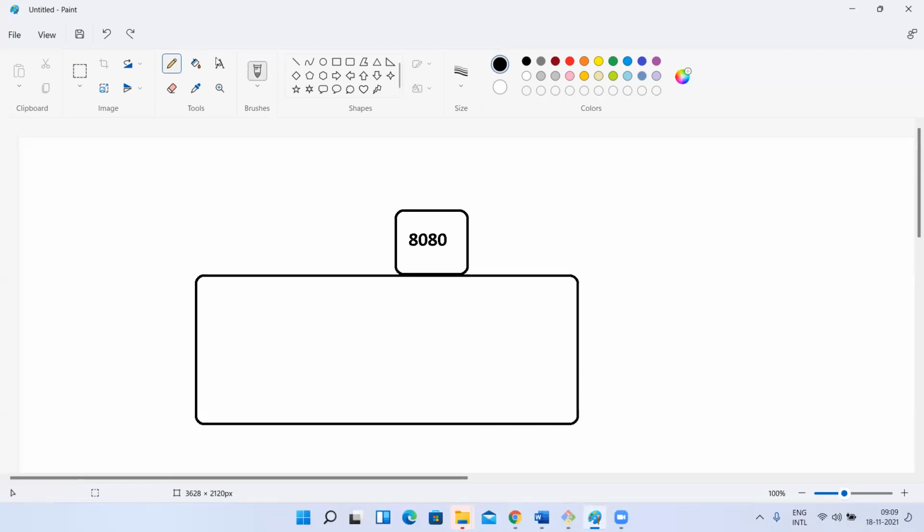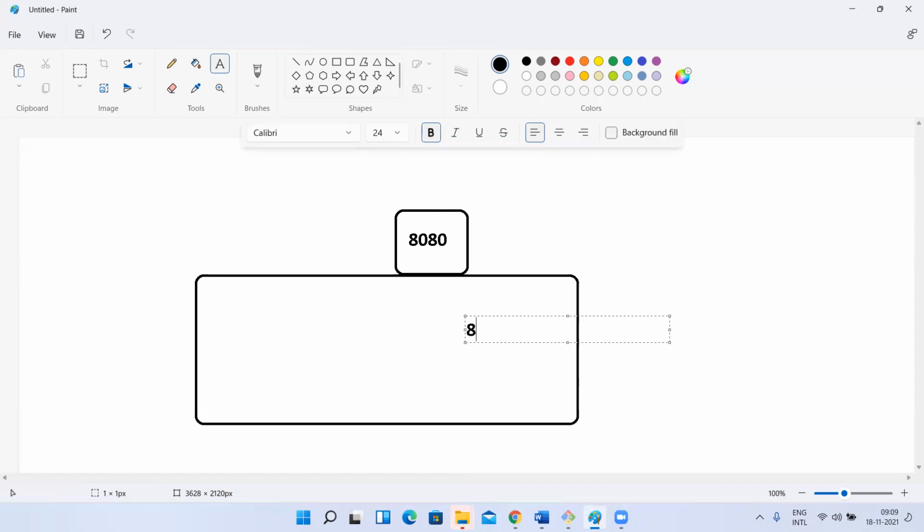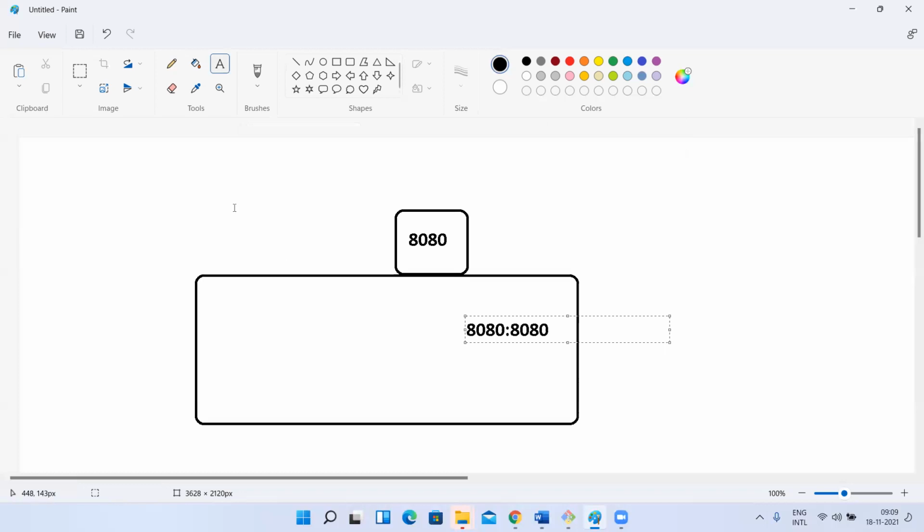So now you have to map. You have to tell your Docker host, hey, Docker host, a container is running for me with 8080 port number. In Tomcat I explained, so I'm not going to repeat it once again. If someone is trying to access your host with 8080 port number, you please redirect that to that container, which is also running with 8080 port number. So this is the host port number.